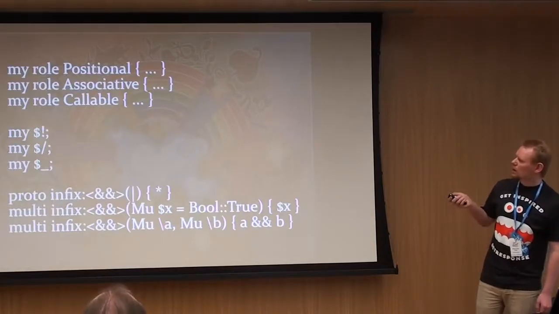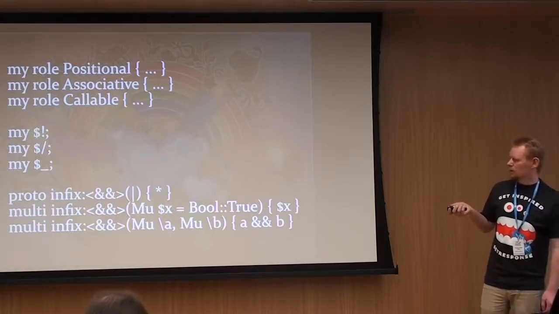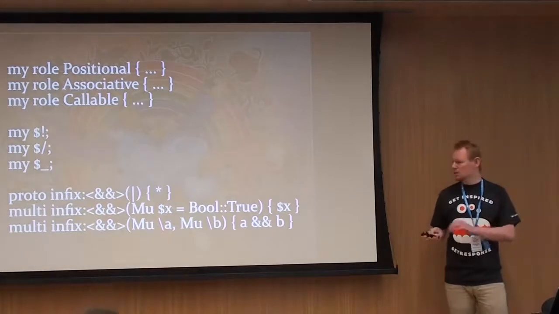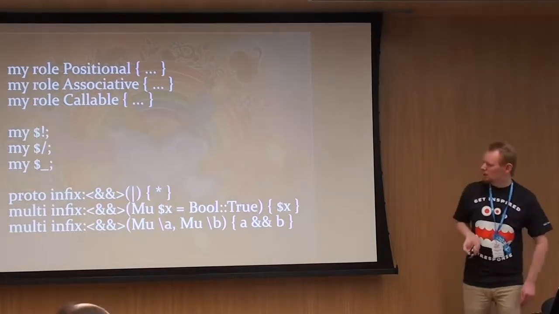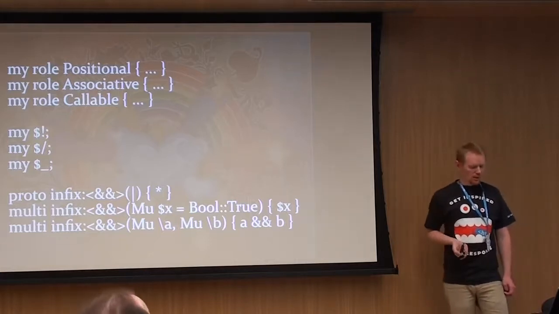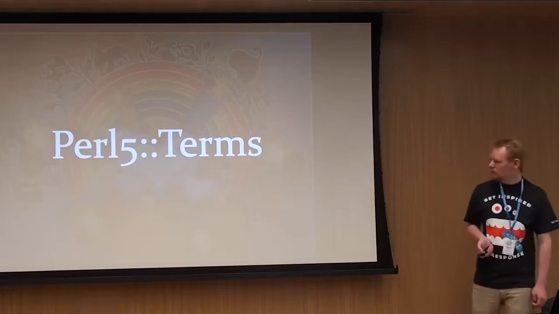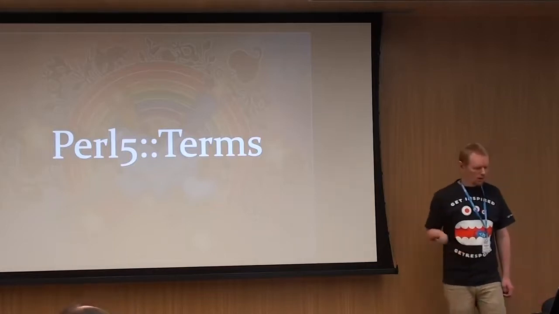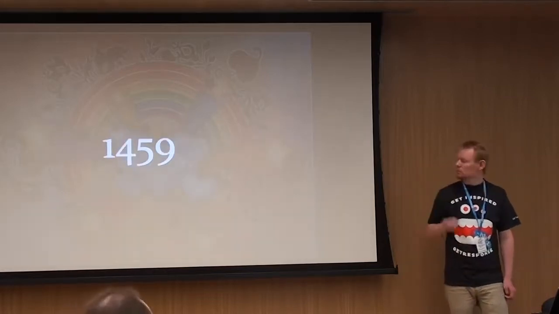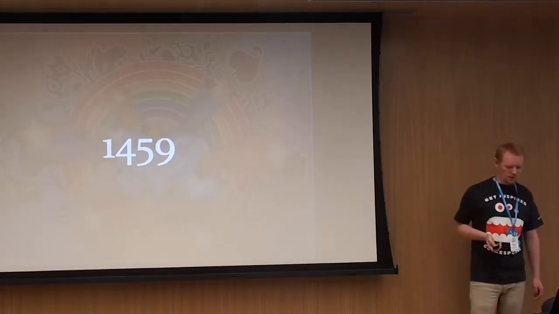There are first some role stubs and variables declared, and all these infix operators are declared as Perl 6 code inside this setting. And we do something similar in Perl 5, in the V5 module. It's called Perl 5 terms. It's only 1,000 and almost 500 lines of code,